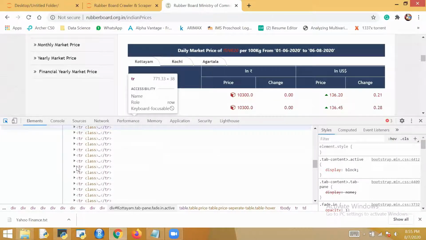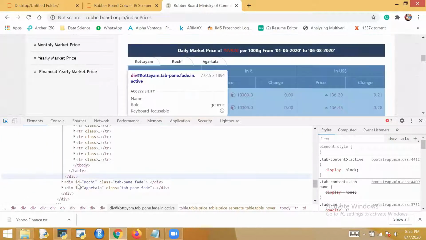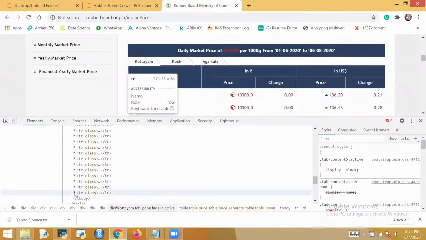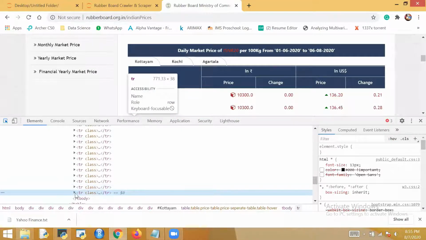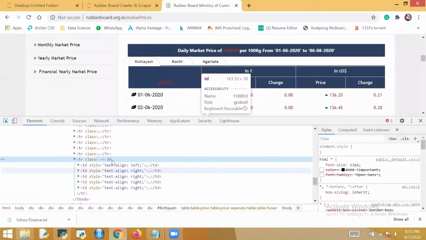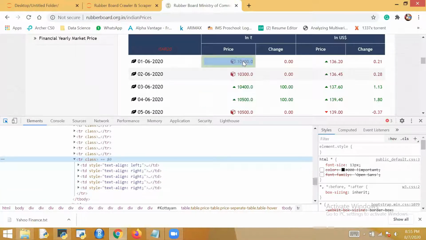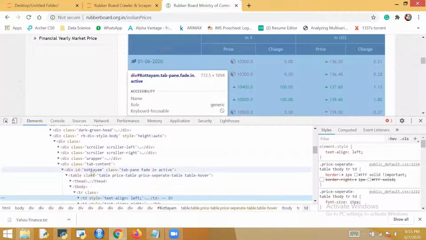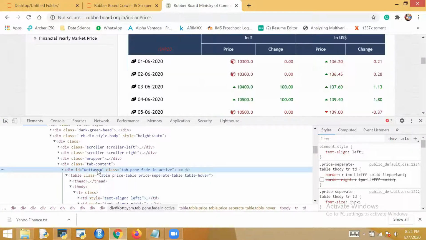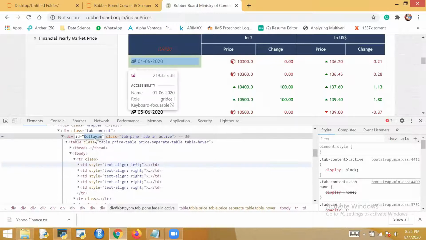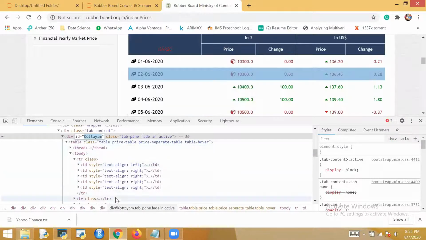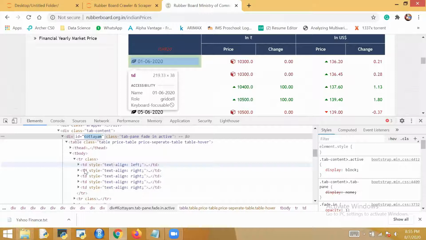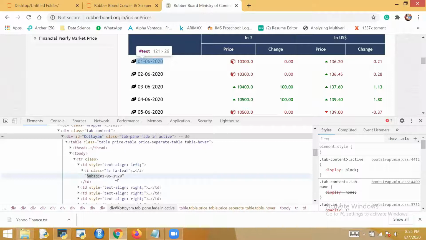Else you can inspect this element else also. So where it is stored, under this Kottayam div, you can see under this Kottayam div my data is stored somewhere. This is my date.